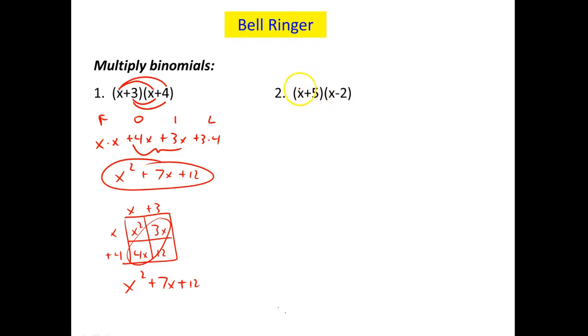Number 2, my first terms give me x squared, my outside terms give me negative 2x, my inside terms give me 5x, and my last terms give me negative 10. Inside and outside combined to positive 3x, and